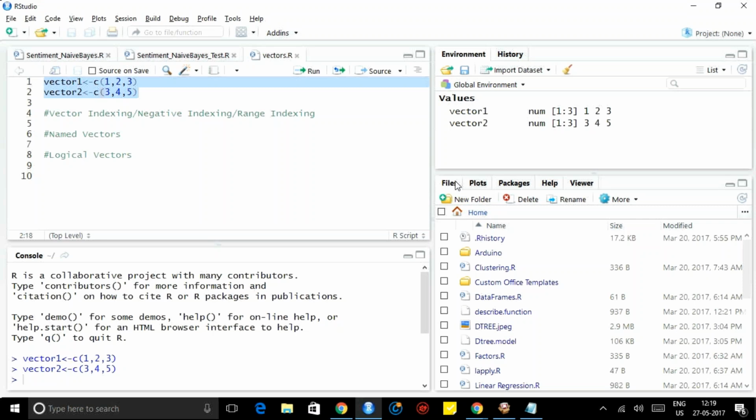Is R faster or is Python faster? It depends. It all depends upon how we write the code and what kind of complexities we use. When we run it on the same hardware, both are going to be the same. But there is a belief that Python is quite a bit faster than R. For what we do, we won't see much difference.